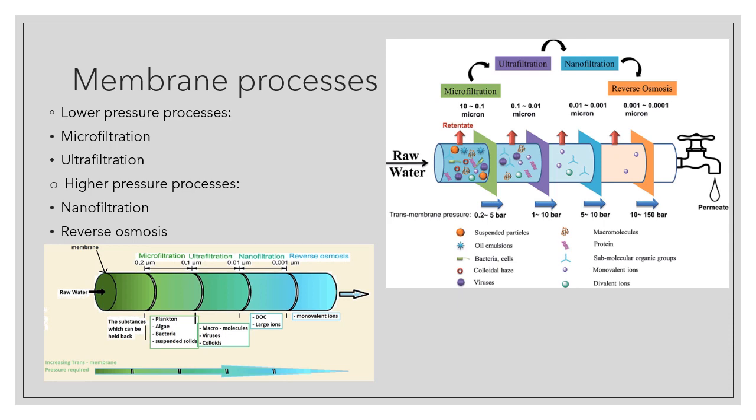And as you move from left to right, the size of the pores that are present in each filter actually decreases, whereas the amount of pressure that is calculated in bars is going to increase. And this allows different particles to be filtered at different steps. And you can see that clearly in the diagram that is on the left-hand side. And it can show you how different substances are going to be filtered.